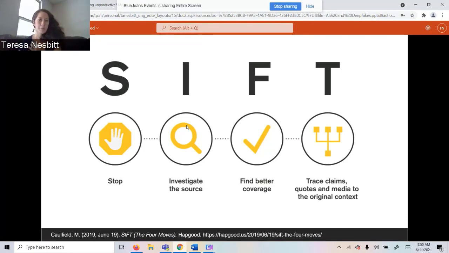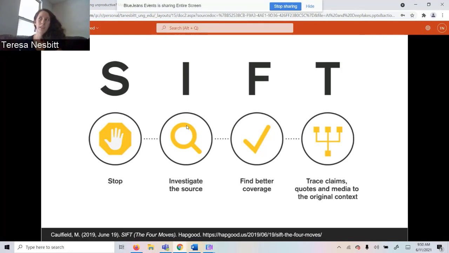So the steps here are, I mean, it's not a perfect acronym here. Anytime you have a whole sentence coming after the letter, it's not a great acronym. But the strength of the model, I think, remains. It's asking students to stop and not react in an immediate knee-jerk manner, to take time to investigate the source outside of the source itself and Google around, to find another source that's covering the same story to try to verify if they match up, and also to trace any claims that the article is making.